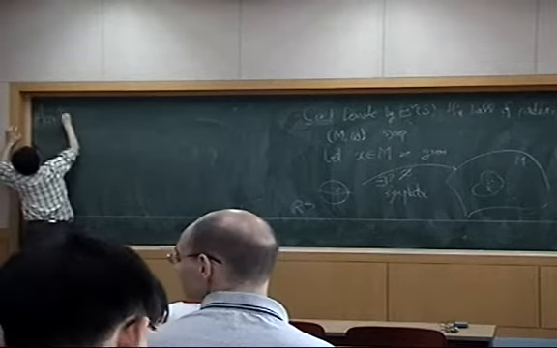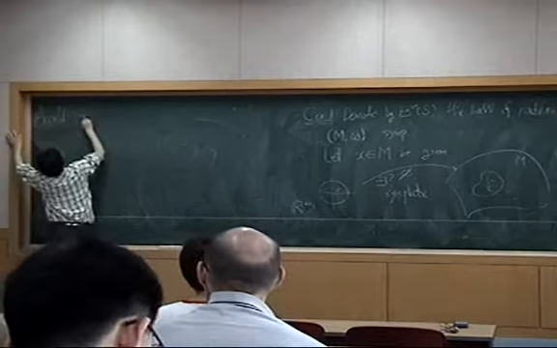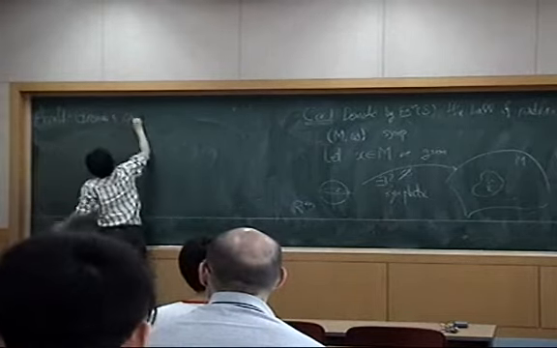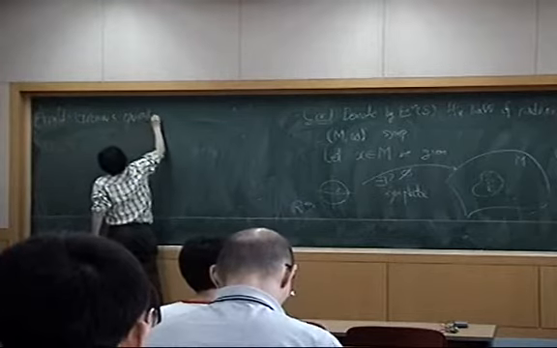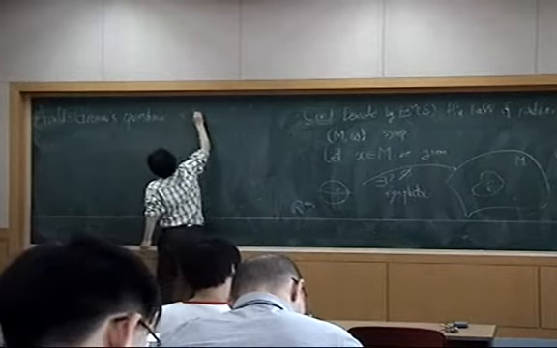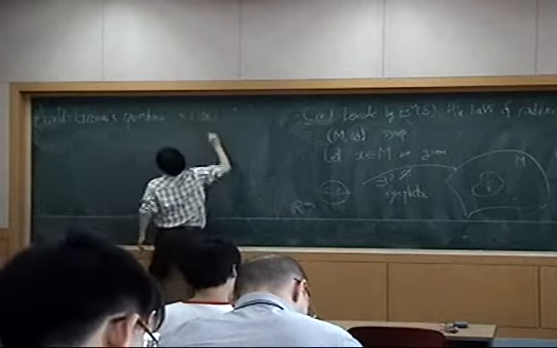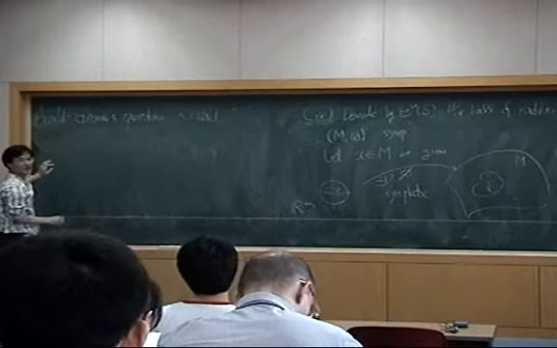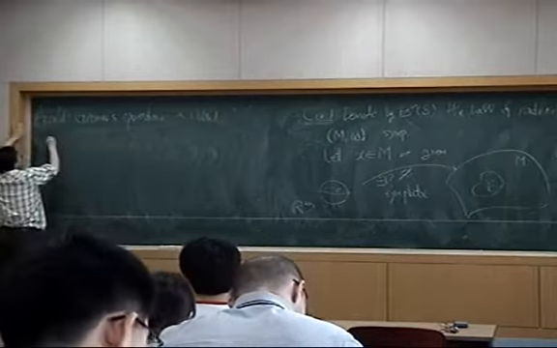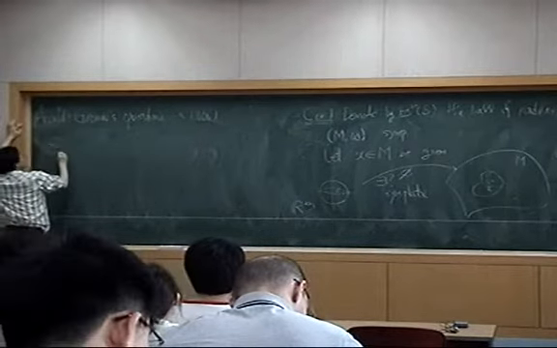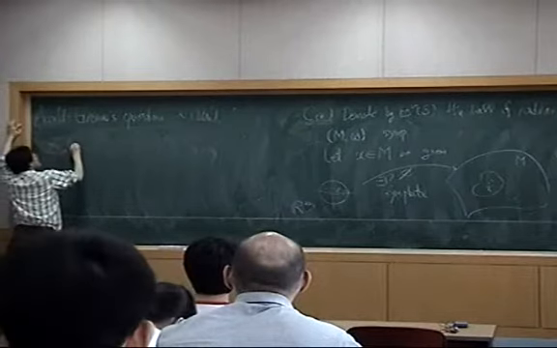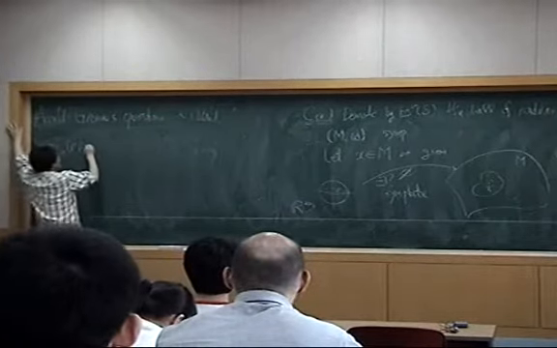asked by Arnold and Gromov. Questions. This is asked around the 1960s. The question is the following. Suppose you look at G2n or G2n of R. This is